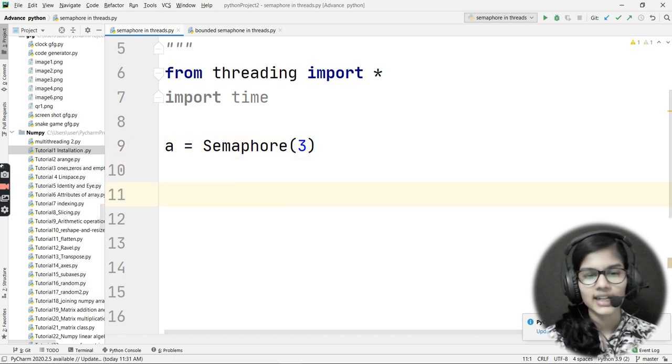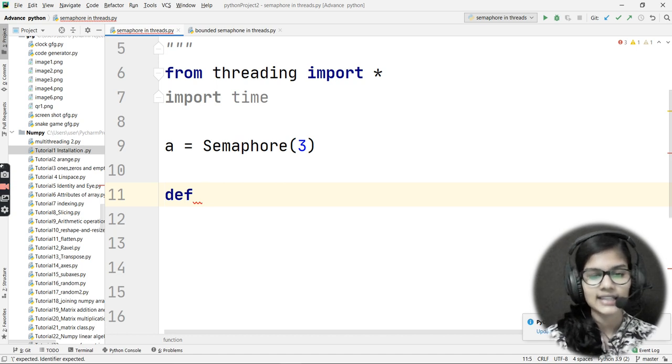Now what I would be doing is creating my function here. So for that I'd be using def, which is the keyword I use to make a function. Right, and inside this I've named this function, let's say, details. Let's say details is the name of this function, and inside this bracket I'll be passing a parameter, and let's say that parameter is here.